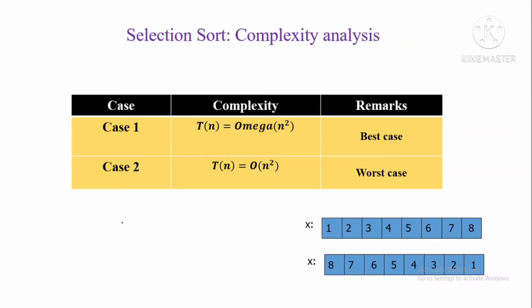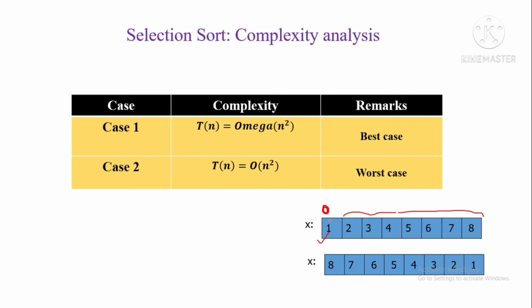Okay, so consider this array. Best case means if your array is already sorted. Okay, so this array is already sorted. Then if you run your algorithm, first we will consider the 0th element as the minimal element, and we will try to find out a minimal element from the rest of the array, right? This particular element will be compared with all the elements. We cannot leave this because we don't know whether your array is sorted or not.